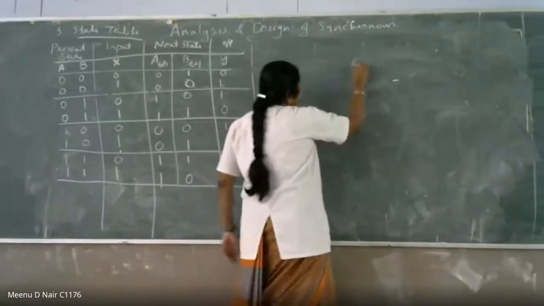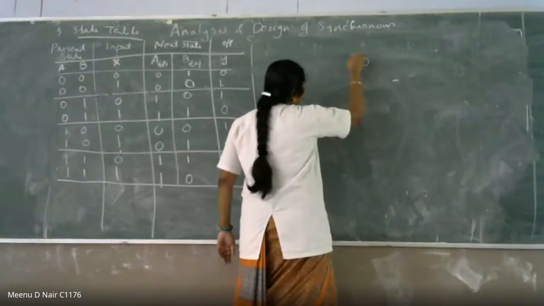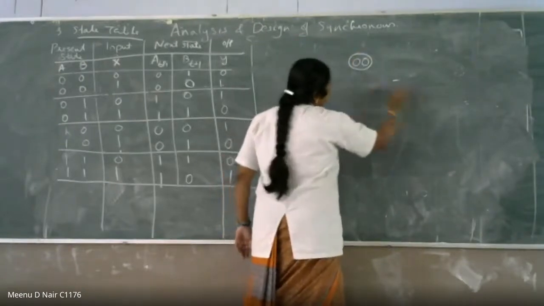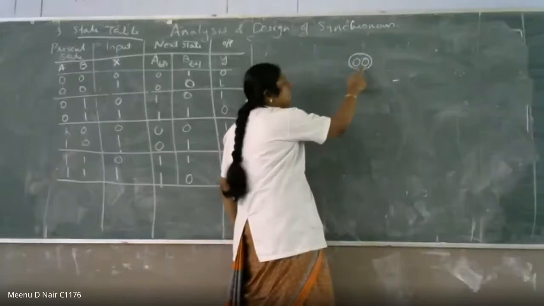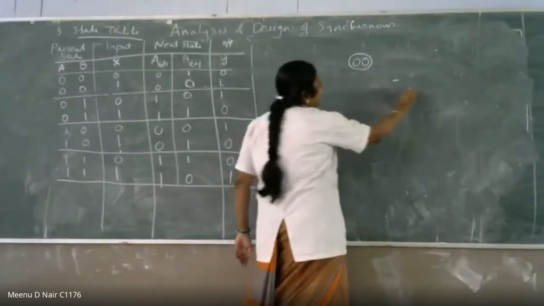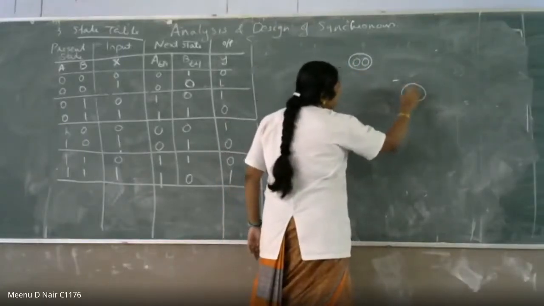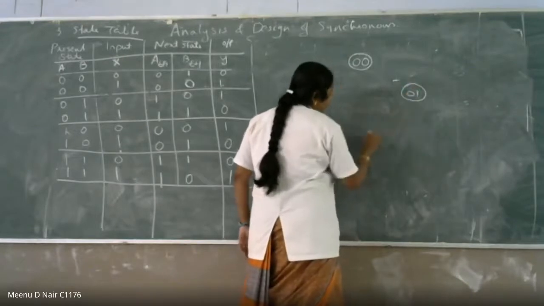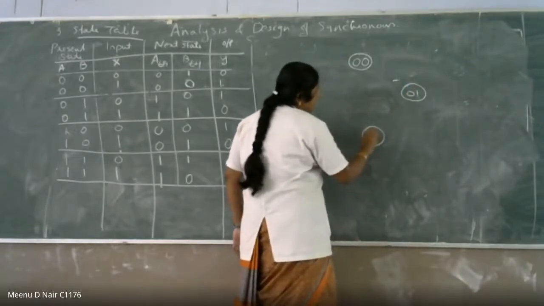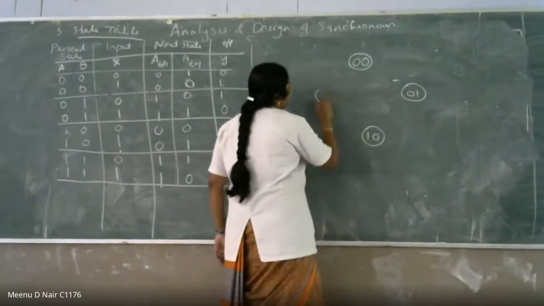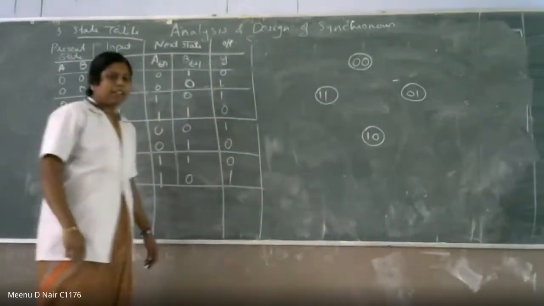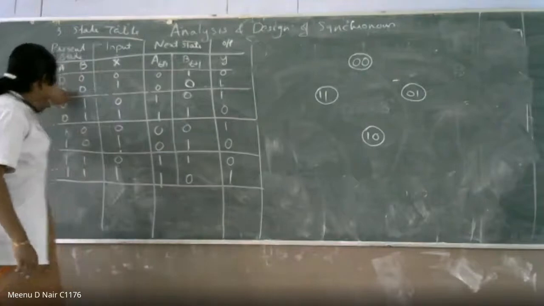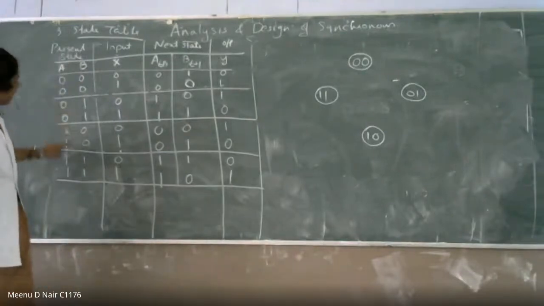You are writing this is 0, 0 is 1 state. Then this is our state output of A flip flop. This is output of B flip flop. Then next state is 0, 1. Then third state is 1, 0. And fourth state is 1, 1. These are the 4 states available for your cases. This is 0, 0, 0, 1, 1, 0 and 1, 1.